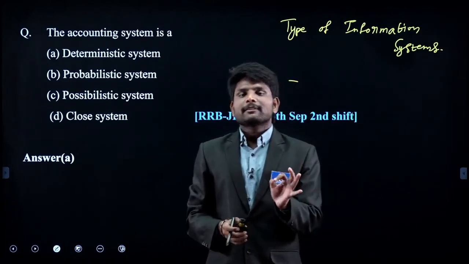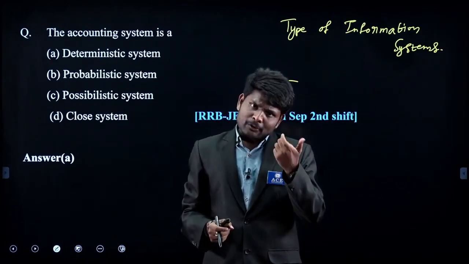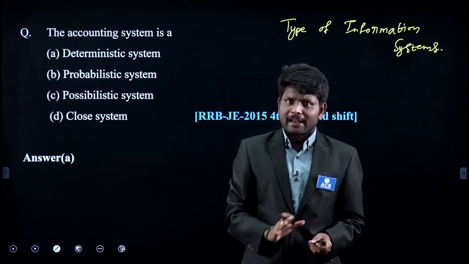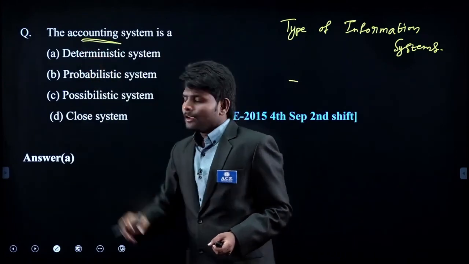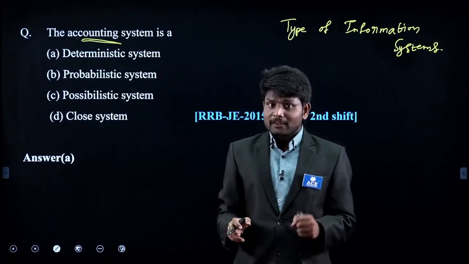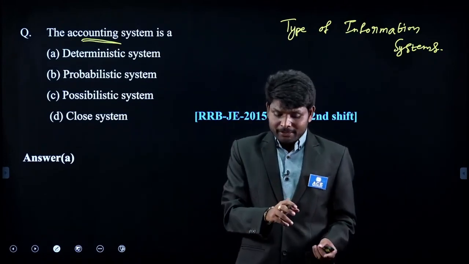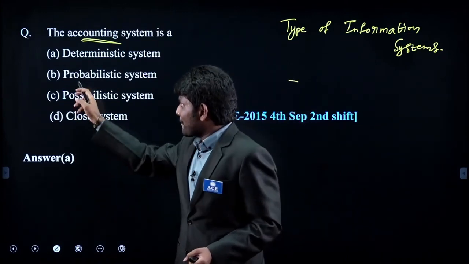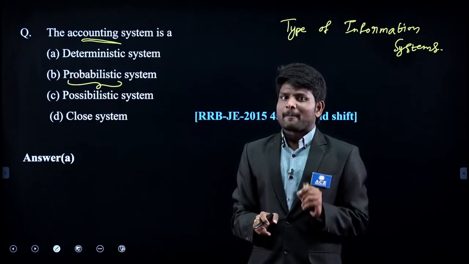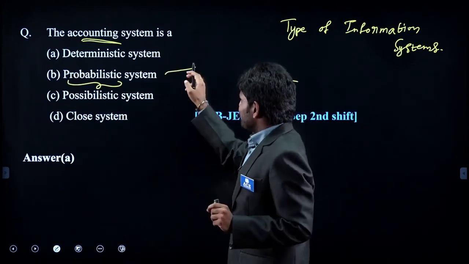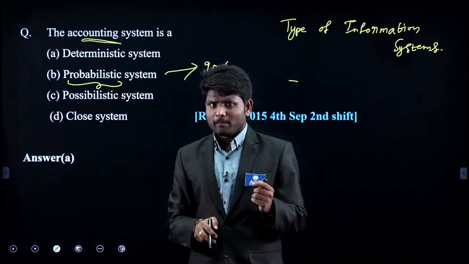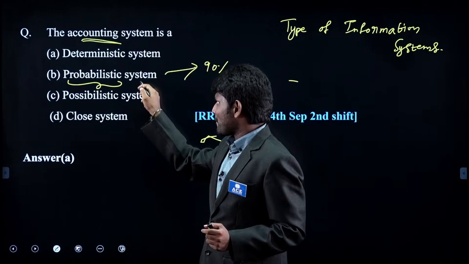The accounting system involves some numbers. It can be related to salaries, it can be related to marks or anything. We will maintain accounts, mostly related to salaries, because the word accounting is related to money. Will you be okay if someone says you may get 70,000 this month, you may get 60,000 next month? So it cannot be probabilistic. I am repeating this point again. Accounting system cannot be probabilistic. It is saying like with a 90% probability you will get the salary. Will you accept it? No. So accounting system cannot be probabilistic.